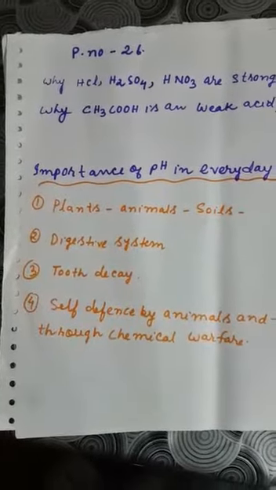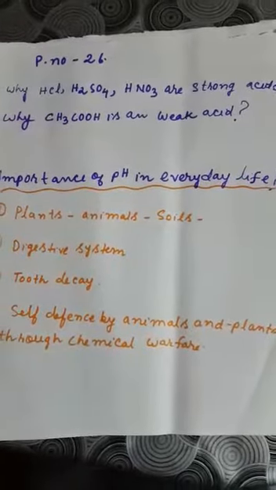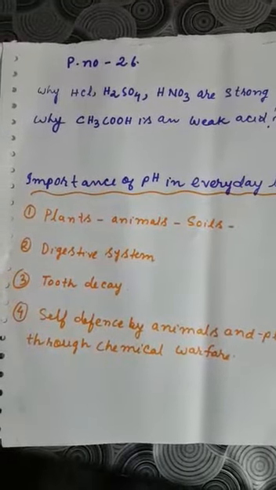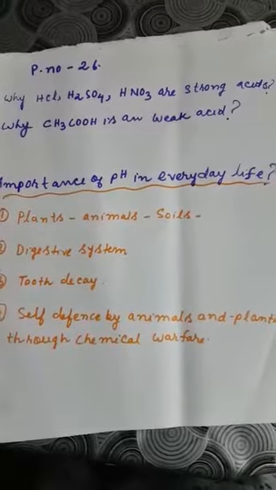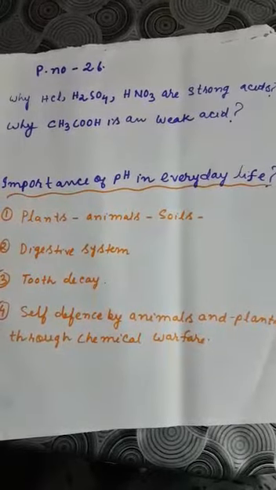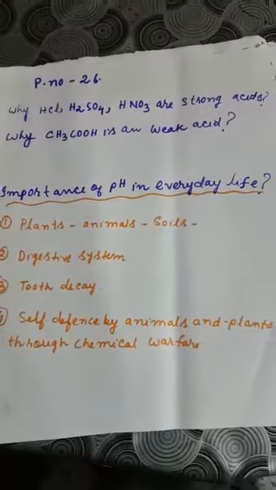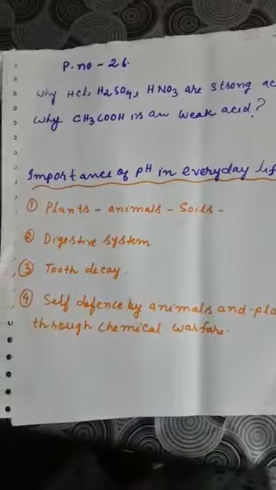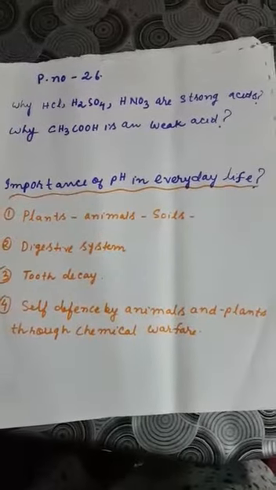Now, if honeybees sting us, what happens? It releases an acid called methanoic acid, and if we use some bases like baking soda or calcium hydroxide, they can neutralize the methanoic acid and we can get rid of the pain. Similarly, if we touch nettle plants with our hand, what happens? They release methanoic acid. So the same thing we can do. So up to this, please read very nicely.